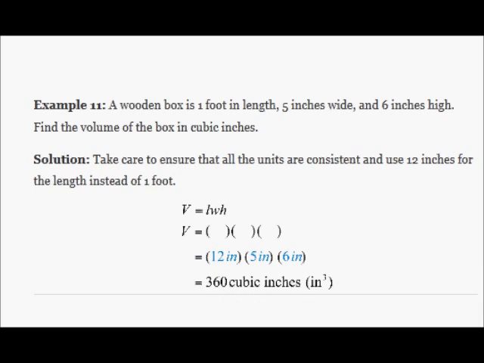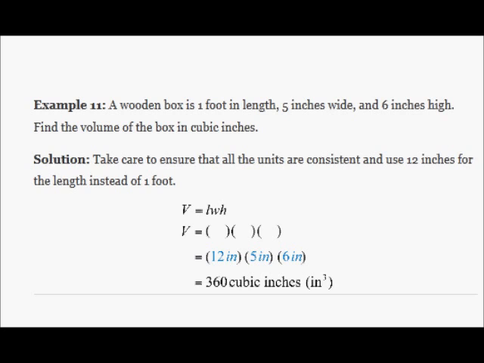Okay, now when you have a question where it tells you to find the volume of the box and it gives you specific units of measurement, in this case cubic inches, then that's a hint to you that maybe some of the measurements you're starting off with are not in inches, and maybe you should convert those to inches just to kick things off with, so that later on your result will be in 1 unit of measurement. And as that hint would indicate,